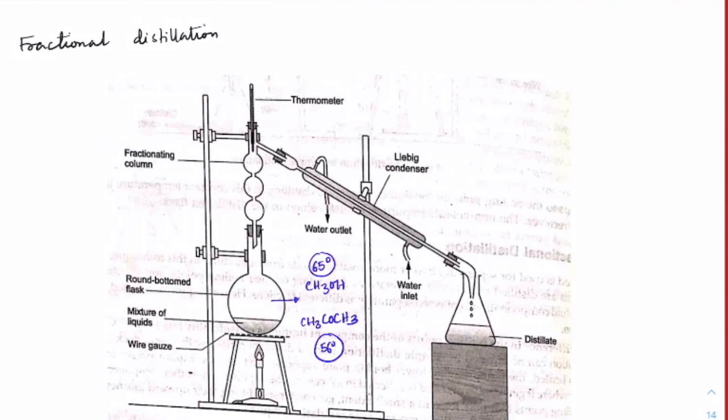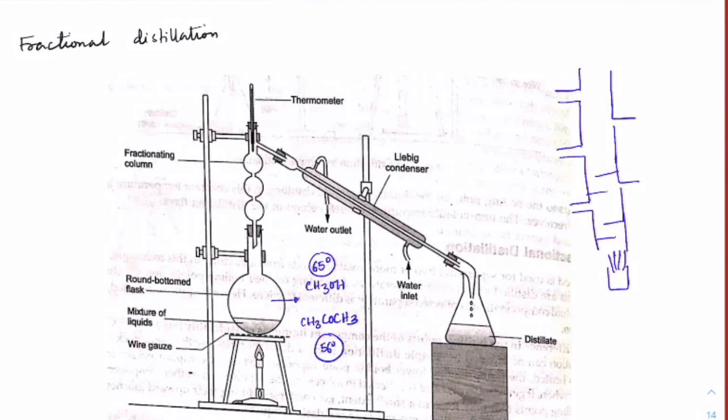In industry, honestly, when it comes to crude oil, we will have a lot of outlets like this. In fact, the distillation columns are so big, they are up to 30-40 meters in height. The crude oil keeps continuously boiling here, and there will be trays like this. These are called trays. The vapors will start moving through the trays, and as they move, we will have condensers on the walls, so the liquid starts condensing.